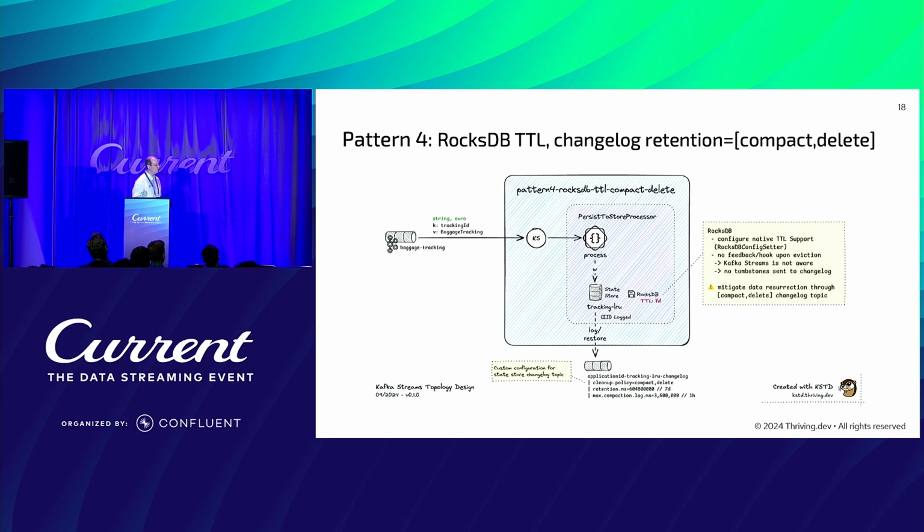We'll have a code example on the next page. You can set this TTL, and there you go. You would be able to configure RocksDB to use TTL. The main drawback, also mentioned on the next slide, is if data is evicted by RocksDB, there's no feedback to Kafka Streams. So that means Kafka Streams is not aware that RocksDB evicts data and deletes it from the store,